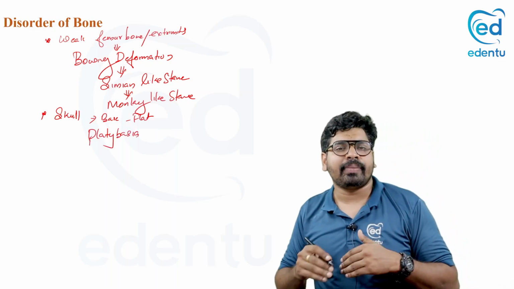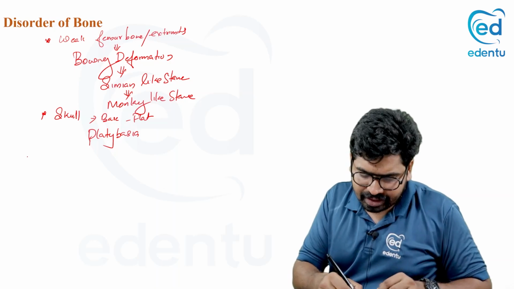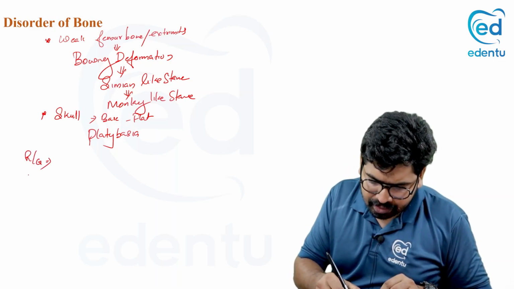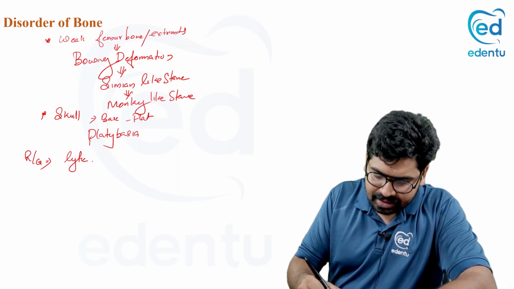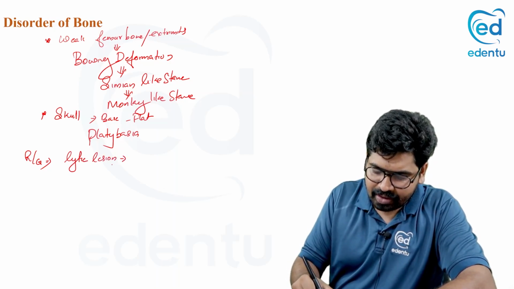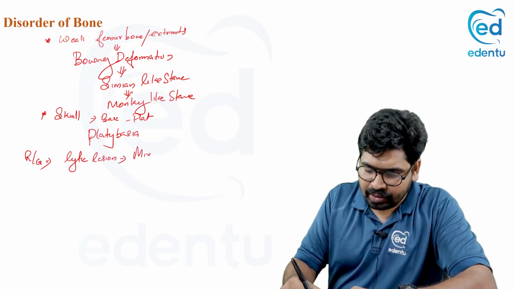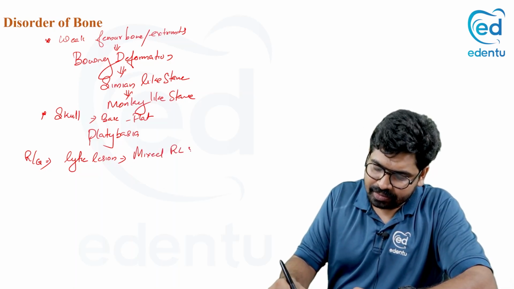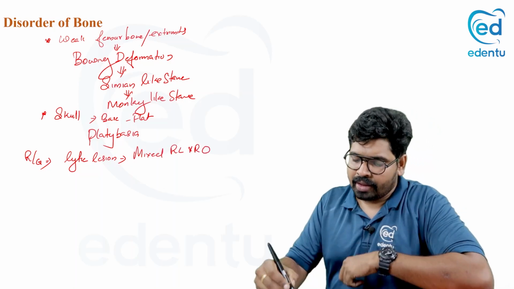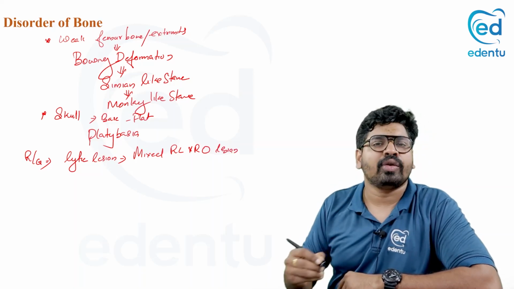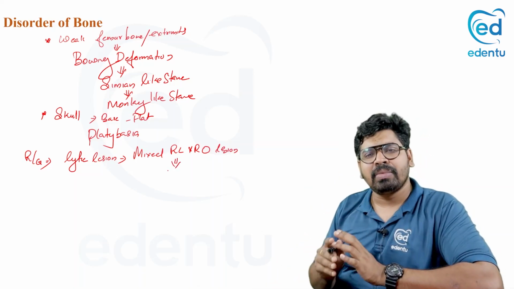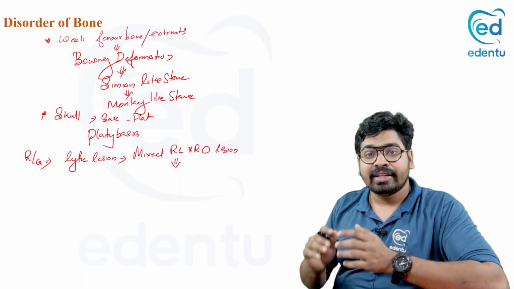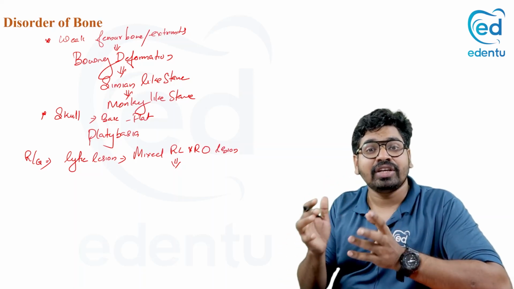Platybasia can be seen. Now, if you see the radiograph of this patient, what you can see is that there are a lot of lytic lesions with a mixed radiolucent radiopaque appearance. In the skull, where you see a mixed radiolucent radiopaque appearance, there's a characteristic radiographic feature for Paget's